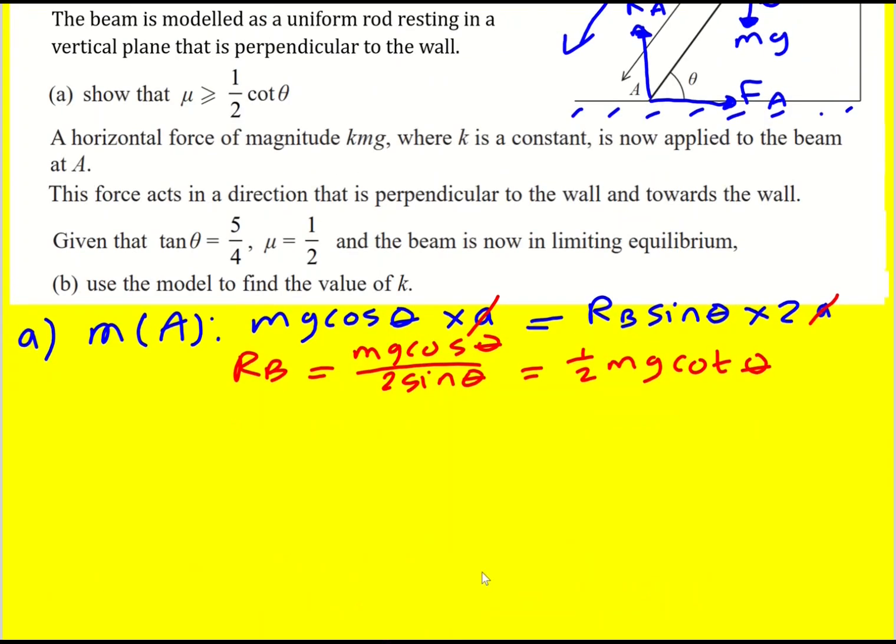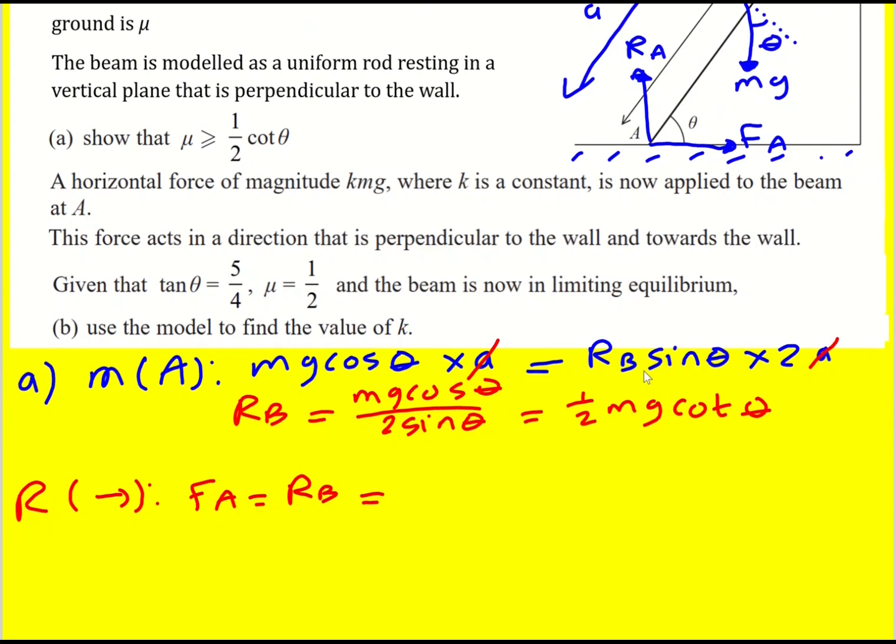Now for resolving forces. Let's look horizontally. You typically just take moments once and then everything else is going to work out from here. It must be that FA, that frictional force acting to the right, is equal to RB, the normal reaction acting to the left, because those are the only two forces acting horizontally. So FA is also going to equal a half mg cot theta. And if I look vertically,